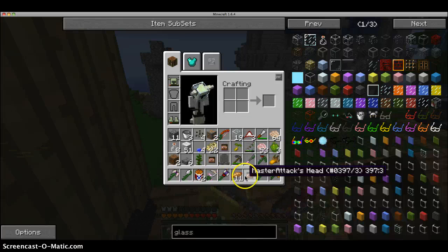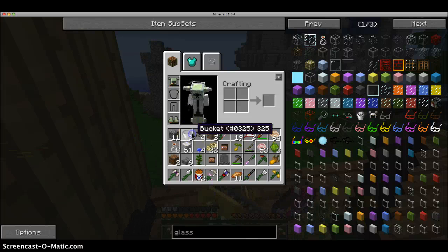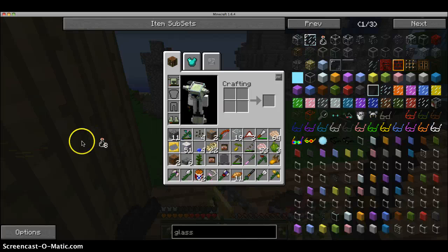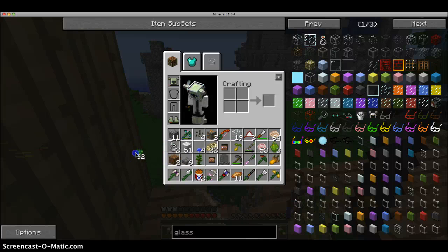That's Zap's head, that's my head. Master attack, let's see how his face looks. Alright, so it's a stupid hail skin. Got it. Master attack, reinforced, all repair, durability plus 500. It has luck on it, so I'm probably going to keep that pick. Fortune 3, alright. He had some ingot casts, silicon, don't need that, redstone, lapis, don't need, hammerhead, scythe head, seaweed,